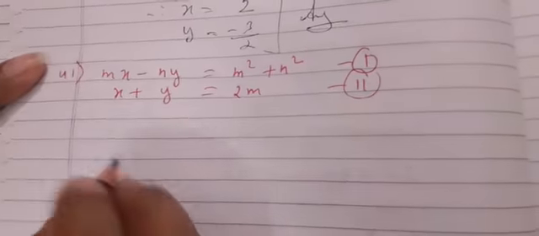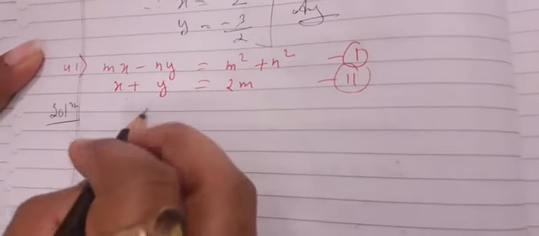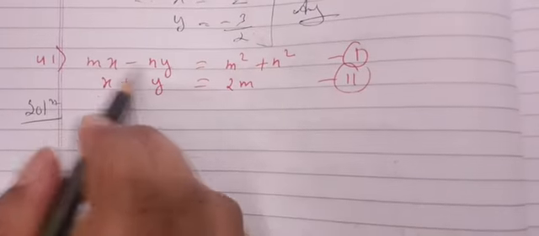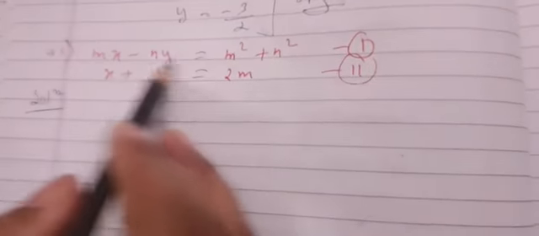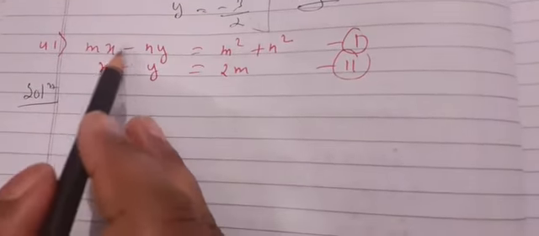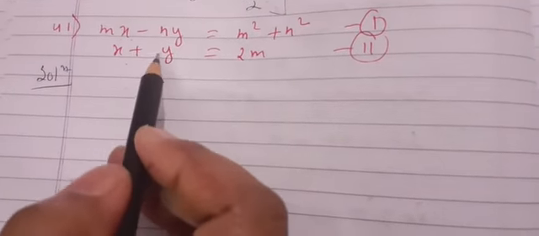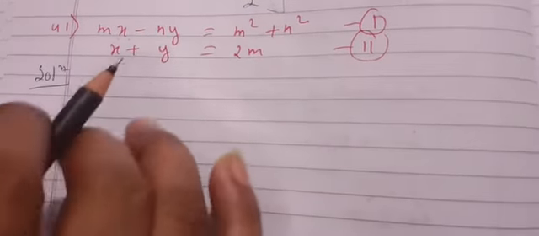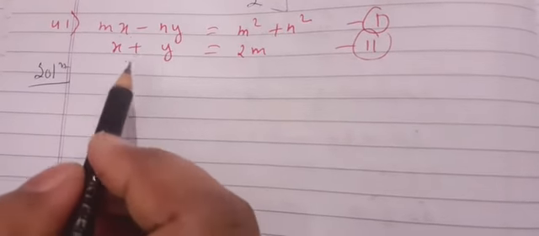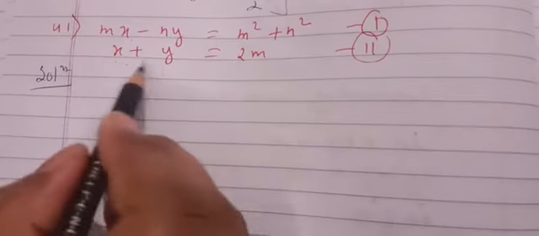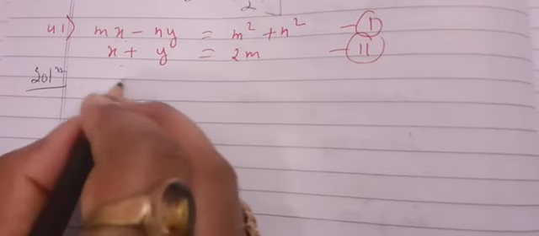So what I will do, I will start from here. Why am I starting from here, not from here? I can start like this, by solving equation 1 first, but this equation is very lengthy, so it will take so much time. So we will use our common sense about where we have to start. You will get the correct answer from both sides if your steps are correct, but we have to be smart about which one to select as priority. So we will choose this one because it is easy to solve and it will take hardly 2 or 3 lines. That's why I'm starting from equation 2.